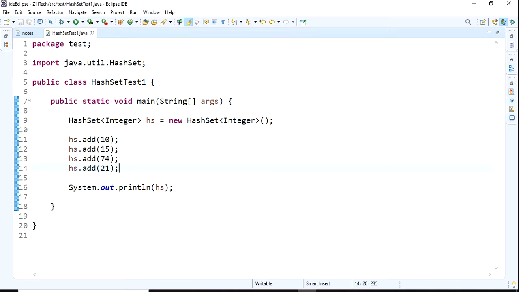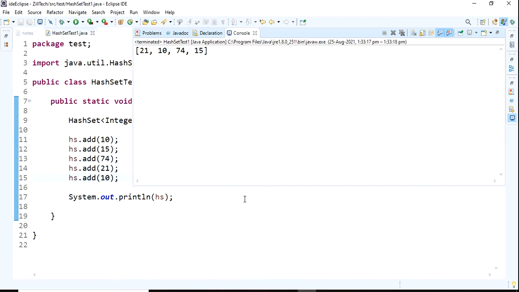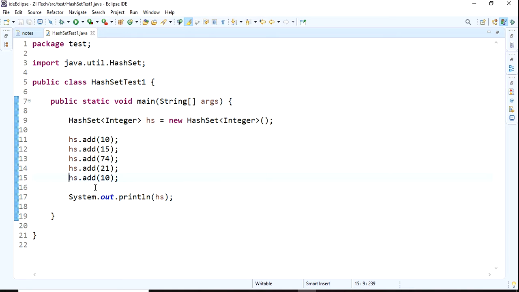If you try to add a duplicate like 10 again, it does not throw any error, neither at compile time nor when running, but it does not add. The add method returns false.